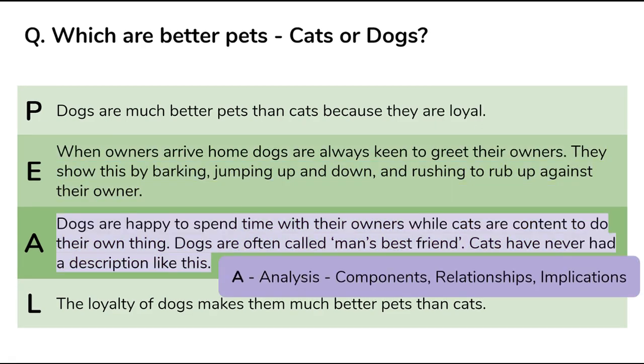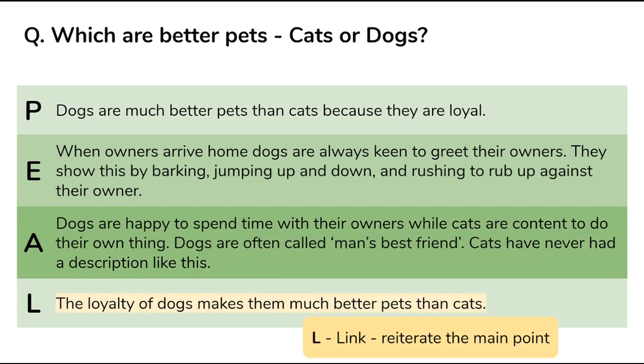The analysis sentences are where you deepen your ideas and explain the importance and significance of the examples that you've given. You might bring in extra detail, some definitions, or some more complex information. In this example, I've expanded my example and explanation by comparing dogs and cats' loyalty, and by giving detail about the history of the loyalty between dogs and their owners. The last sentence of the paragraph is the link. Here I have reiterated, or said again, my main point, that the loyalty of dogs makes them better pets than